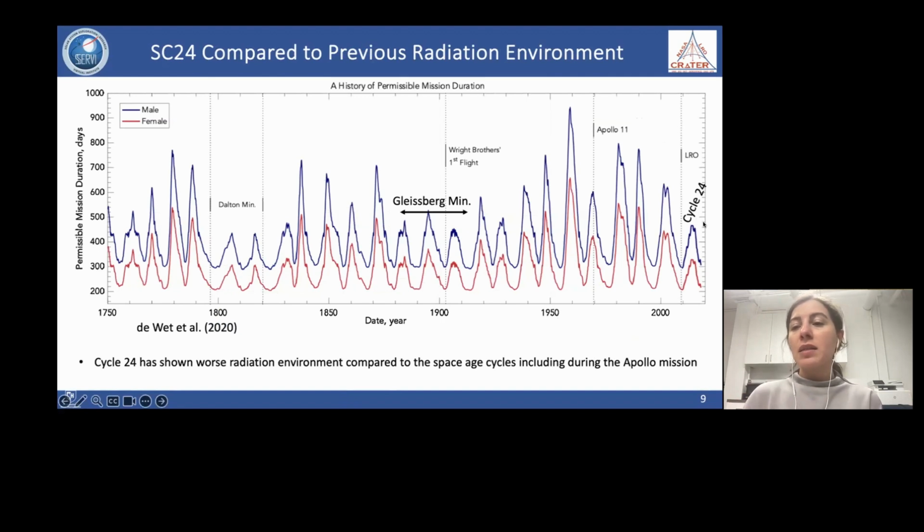And you can see this is the peak of cycle 24. And comparing it to, for example, the space age, and especially the time of Apollo 11, you can see how the permissible mission duration is significantly lower. Although this value is, as you can see, much lower than what we had back then, since NASA has allowed for